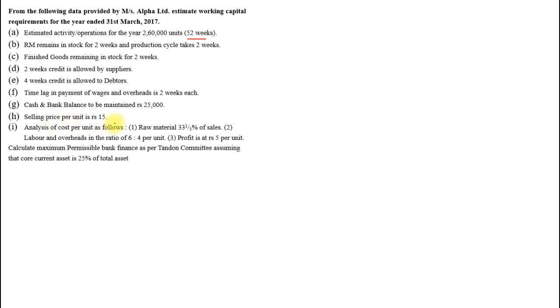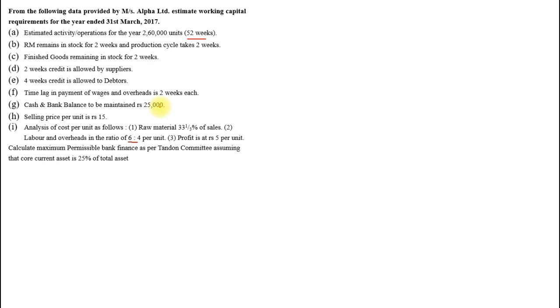Selling price is 15 rupees per unit. The analysis of the cost is raw material is 33 1/3% of sale. Labor and overheads are in the ratio 6:4. Profit is at 5 rupees per unit. Also calculate the maximum permissible bank finance as per Tandon committee, assuming the core current asset is 25% of total asset. Okay. So now, whenever you get such kind of sum, the very first thing you need to prepare